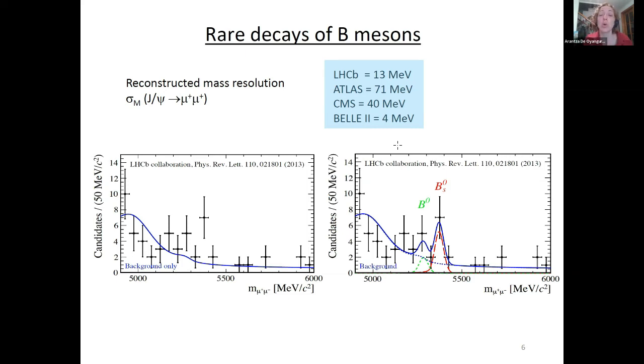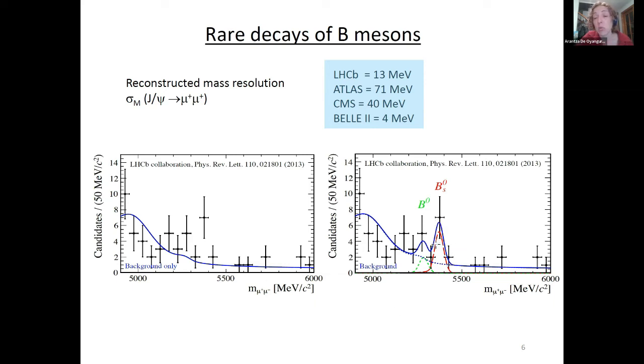And why is it important to have this good mass resolution? You can see it very well here. This is the mass of the two muons. If we are looking for a very rare decay into two muons, then you will see something like that. If my mass resolution is very poor, this can be fitted to anything. So suppose I'm trying to distinguish a peak here. If I don't have a very good mass resolution, I cannot distinguish between different peaks. In the case that my